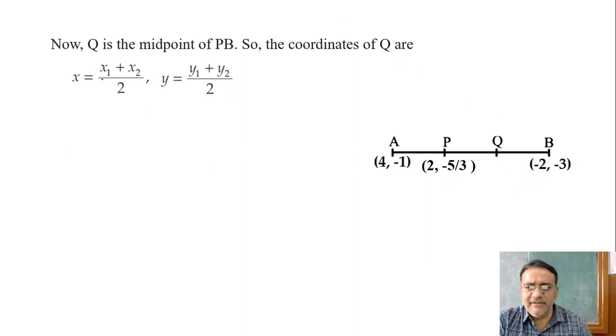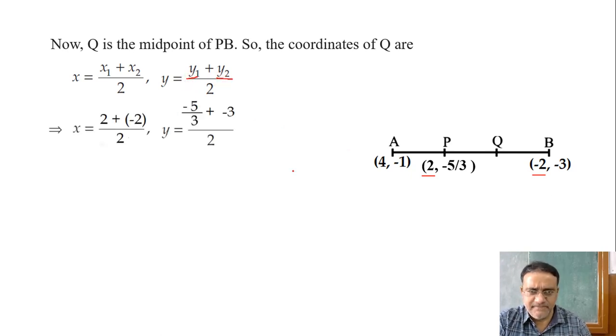Now we'll substitute the value of x1, that is 2, and x2, that is minus 2, y1 minus 5/3 and y2 minus 3. Now this becomes 0, 2 plus minus 2 is 0, by 2 is also 0,